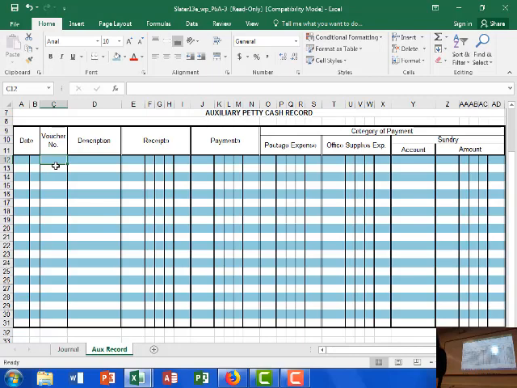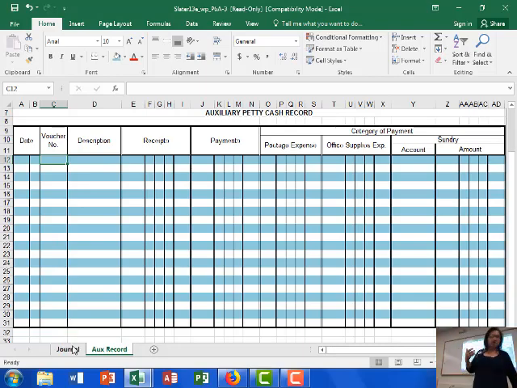So the first thing that we're going to see is the following transactions that we did to establish the petty cash fund. And then the other thing also is that we're going to be looking at some of the things that we're doing that involve the petty cash and those that are not going to involve the petty cash, right? So we're going to journalize things.